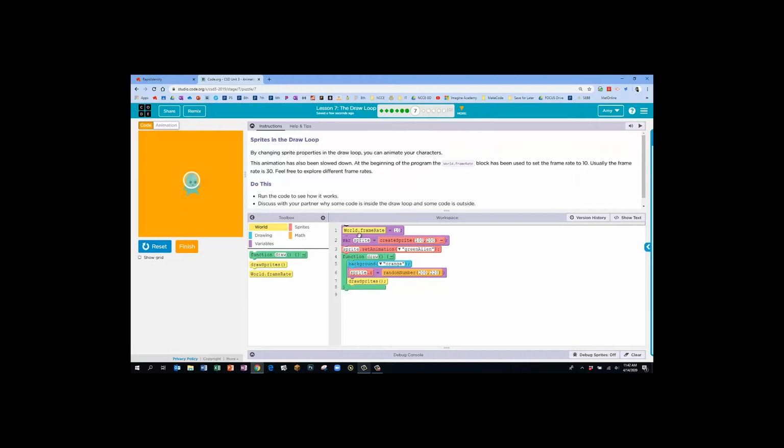So if we look at our code, the frame rate is 10. On line number 2, we created a variable and named it Sprite. And we said to put that sprite at the X and Y position 100, 200. And then we attached an animation to that sprite, the green alien. And then in the function draw box, we have our orange background